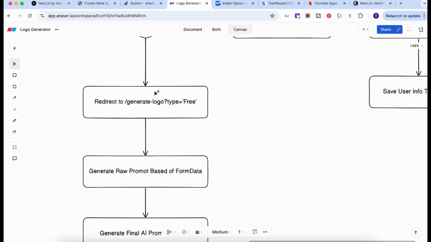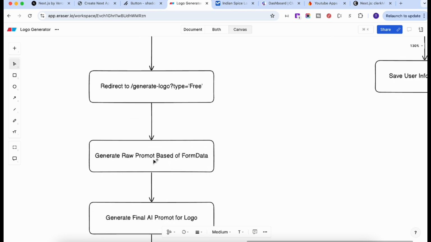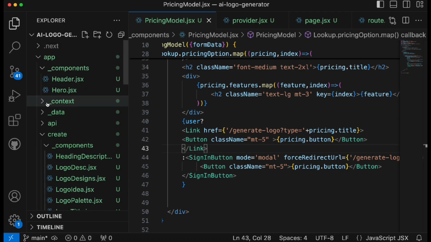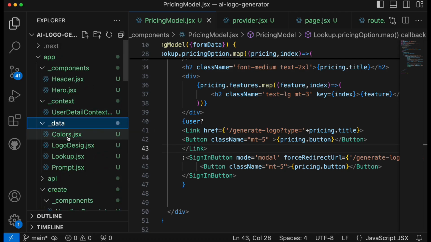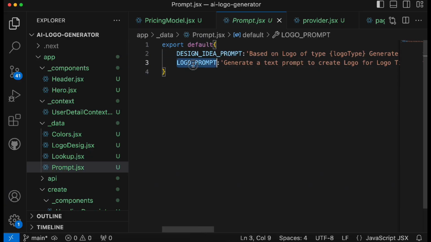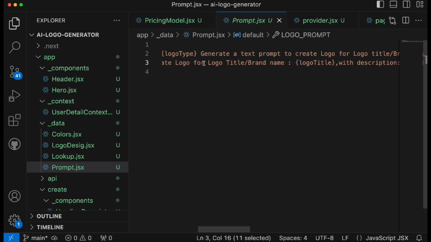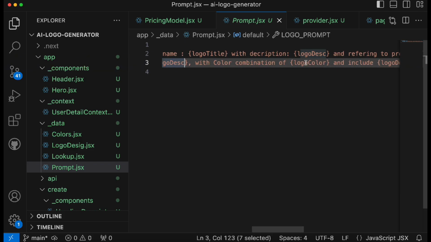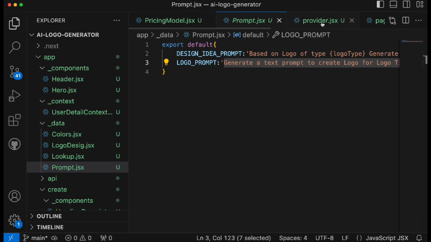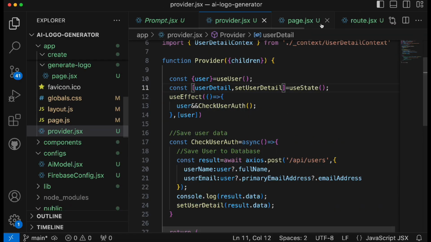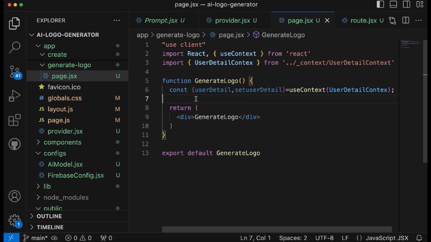Now the next thing is to generate a raw prompt based on the form data. When we say the raw prompt, it means from our underscore data we have this prompt.jsx file, and inside here you will see that we have this logo prompt. This is a raw one because here we need to replace our logo title, logo description, and so on. So let's do that. Obviously for that, the first thing you need to do is get the form data from the local